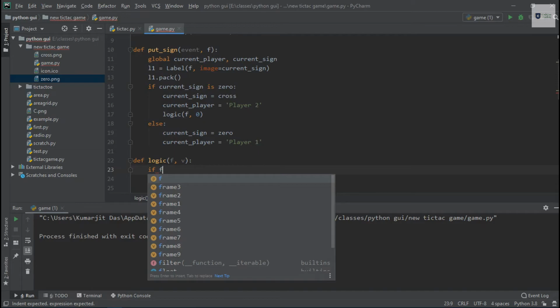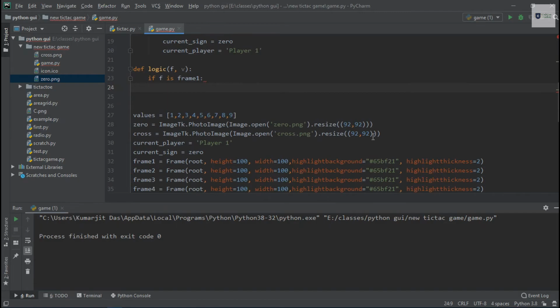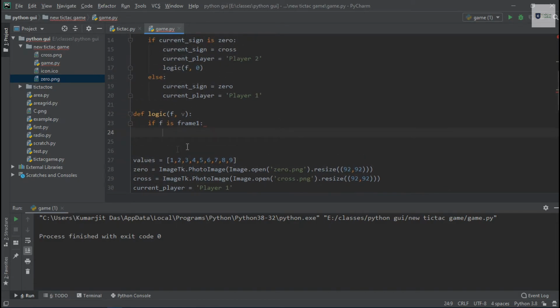So if f is frame 1, that means the frame 1 has been clicked, and the list we have created, each and every index of that list is representing each and every frame. So if frame 1 has been clicked, we need to put the current sign in the index 0 of this list.